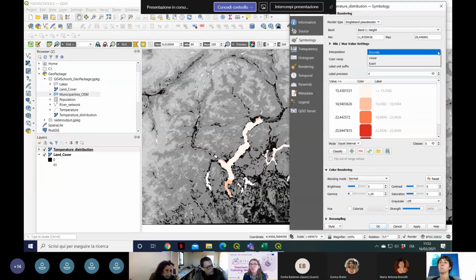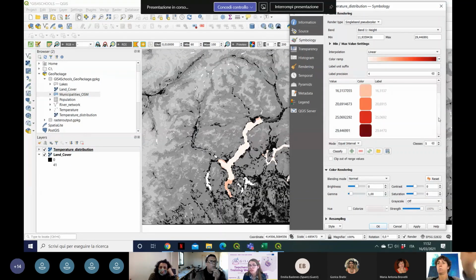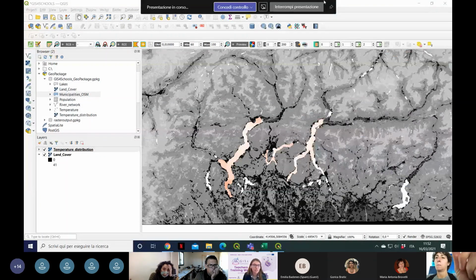temperature distribution. And I can select linear, that was the most convenient here. And I go again to 10 classes, equal interval, classify. And I leave this data as here by clicking on apply. And then I click also on OK, because now it is time to play with land cover